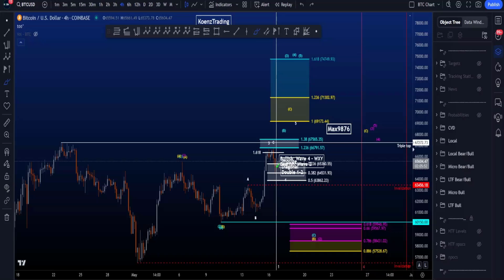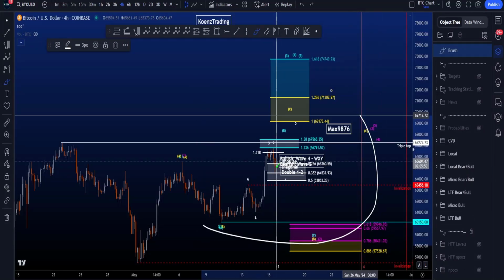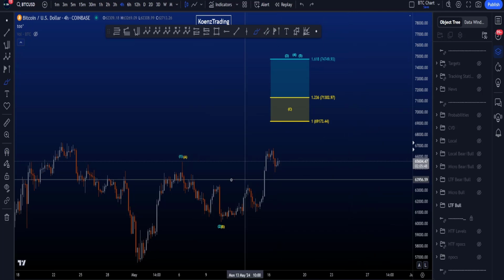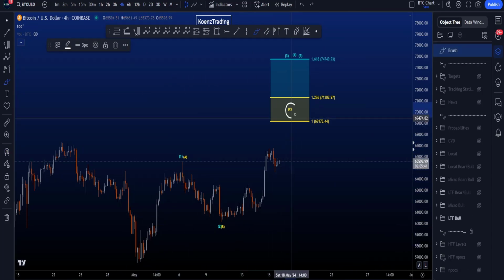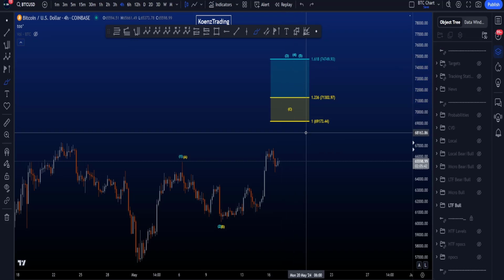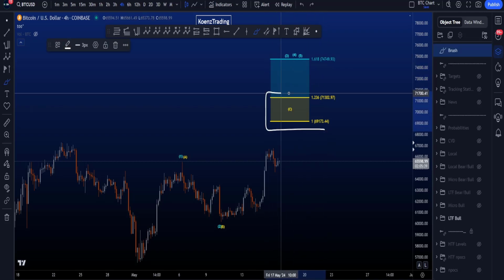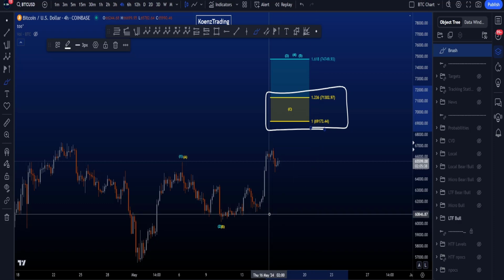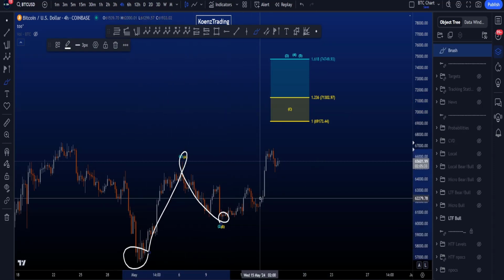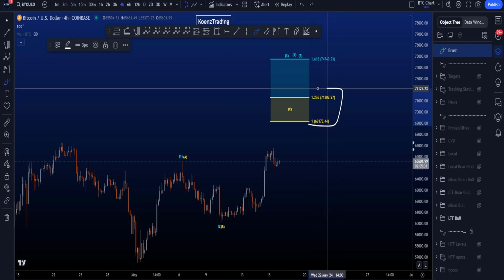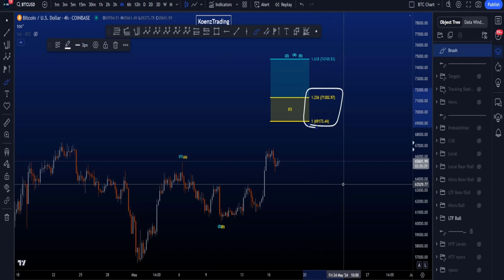Hi everyone, let's go over my bullish and bearish Elliott wave scenarios on Bitcoin, starting with the bullish scenario where we're looking for a continuation to the upside in a wave C or a wave 3. The common target area for your wave C is between the 1 and the 1.236 trend-based fib extension taken from the low to the high of A to the low of B, giving you a target area between 69.1k and